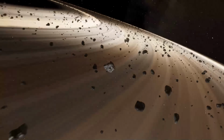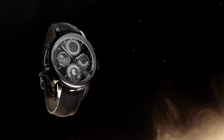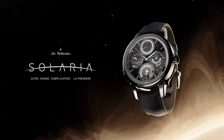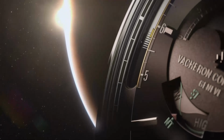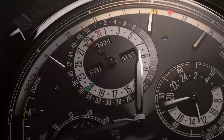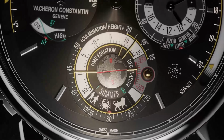For right now, the Solaria Ultra Grand Complication is where it's at if you want your wrist more complex than Christopher Nolan's Sudoku. With a miserly 41 complications made up of just 1,521 parts that required a paltry 13 patents to master, the Solaria manages to be reasonably well sized at 45mm across by 14.99mm thick. A Tudor Black Bay Pro wouldn't look too diminutive alongside it. And the Tudor Black Bay Pro doesn't have...